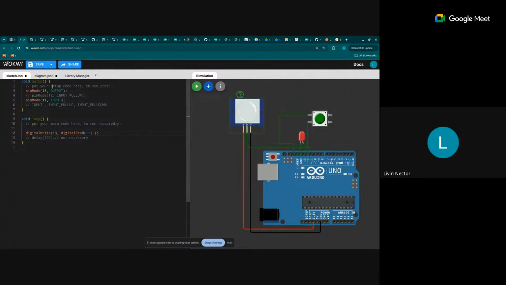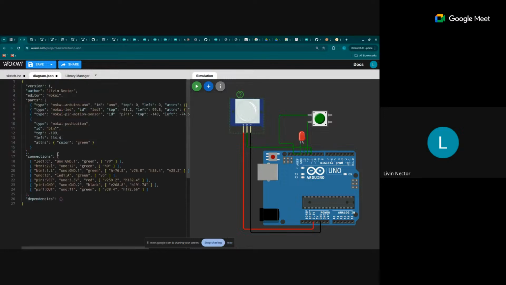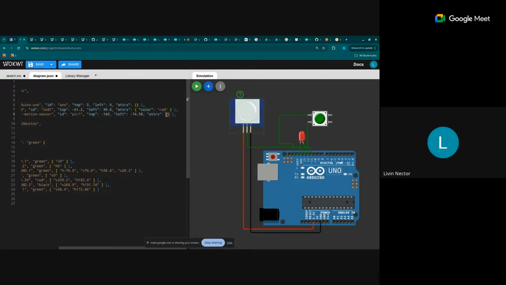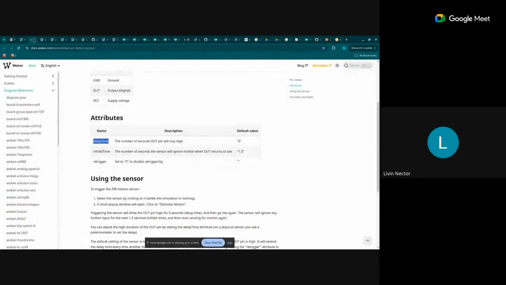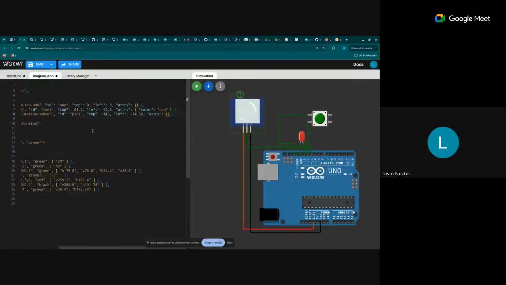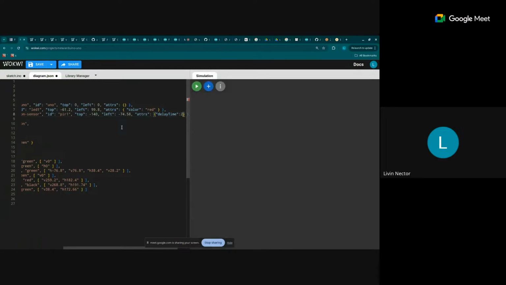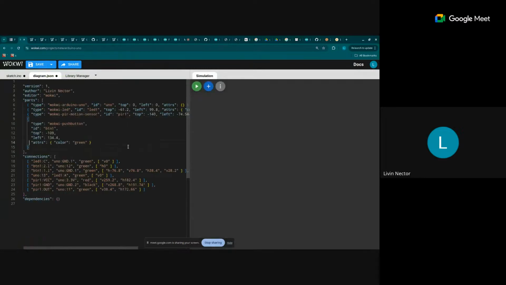Okay, now let me show one more thing. Since this is a simulator, all the attributes of the components are present in a file called diagram.json. Here you can actually modify the attributes. Here we saw those attributes over there, right? Delay time is 5. Now we can maybe change it. Delay time is 2,